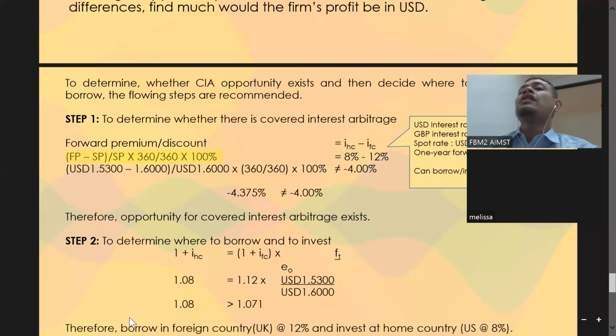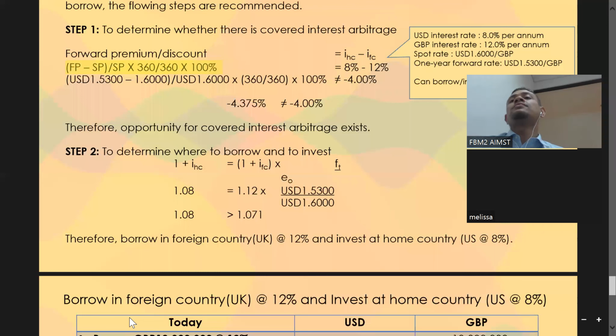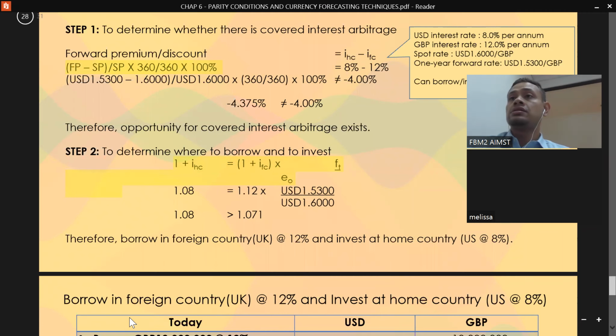Step 2 is to determine where to borrow and where to invest, and you need to use this formula. You need to use this formula. Actually, the formula is,